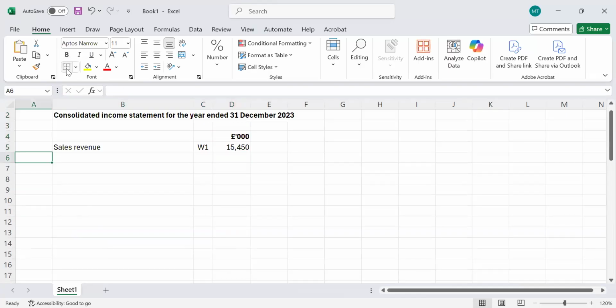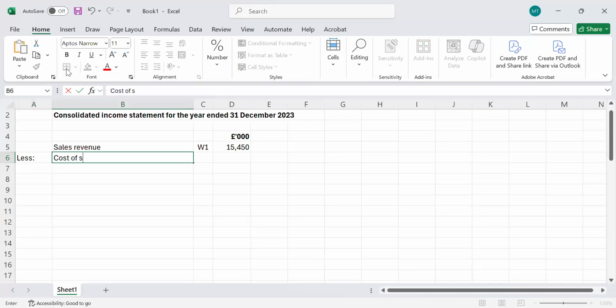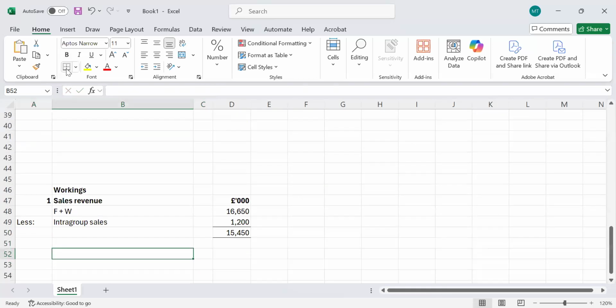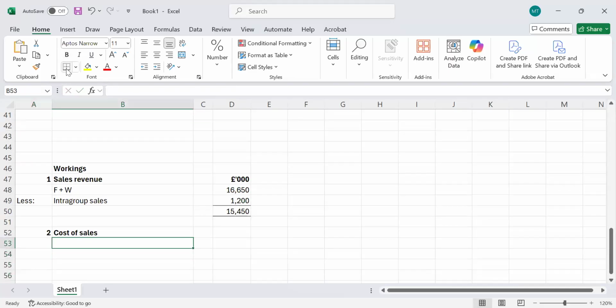Right, now once you have outlined sales revenue, we will remove cost of sales so that we have the gross profit figure. Cost of sales, again, we will show in workings. We will make some necessary adjustments. Put working 2 here, cost of sales. Start with exactly the same process like we did earlier. Parent plus subsidiary, Forest plus Wood, cost of sales figure, which is given as